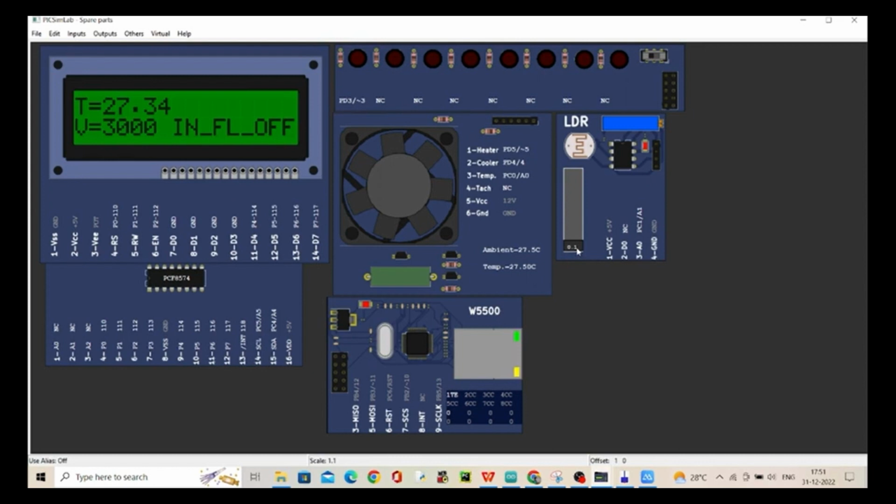When we have more sunlight, the LED turns off, but when it decreases, the LDR senses it and the LED will start blinking, as you can see on the left hand side. As we are varying, the LED is varying too. So this is the part of the garden light.